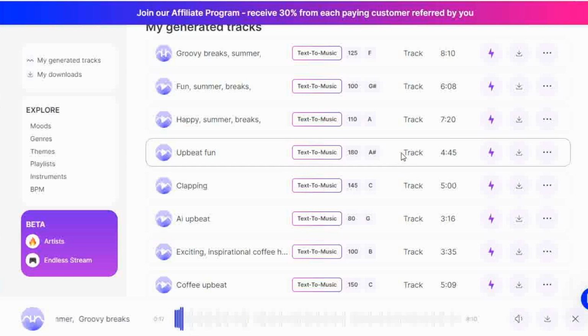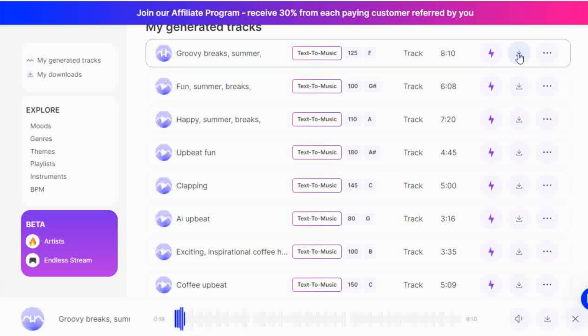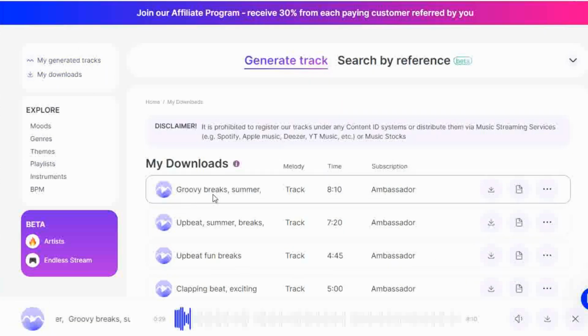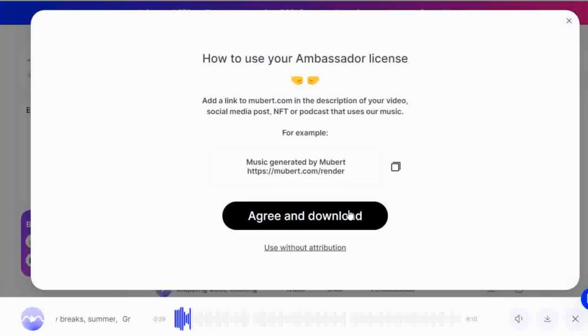With the best free plan, Mubert offers 30 minutes of creation per day and generates 25 tracks per month. Paid plans start at $14 a month. Easily download your tracks in MP3 format. Attribution is required for commercial usage, but Mubert generates the link for you to copy and paste where you're using